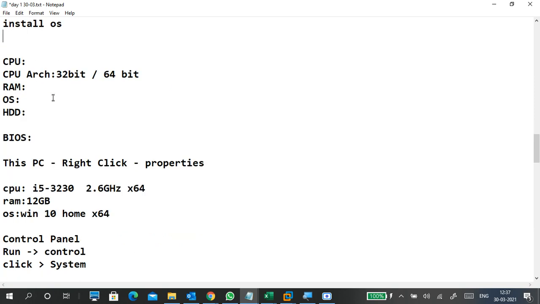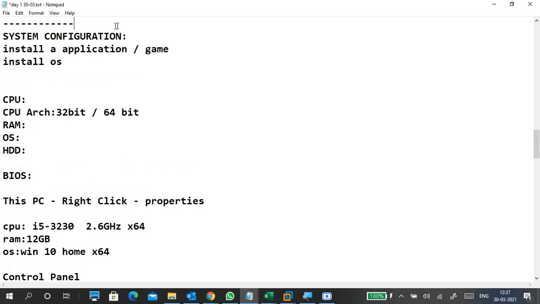So in terms of system configuration, we have to check what is your CPU, which model it is, Intel or AMD. It can be an Intel or AMD type of processor, i3, i5, i7, Ryzen, Athlon, different processors there.